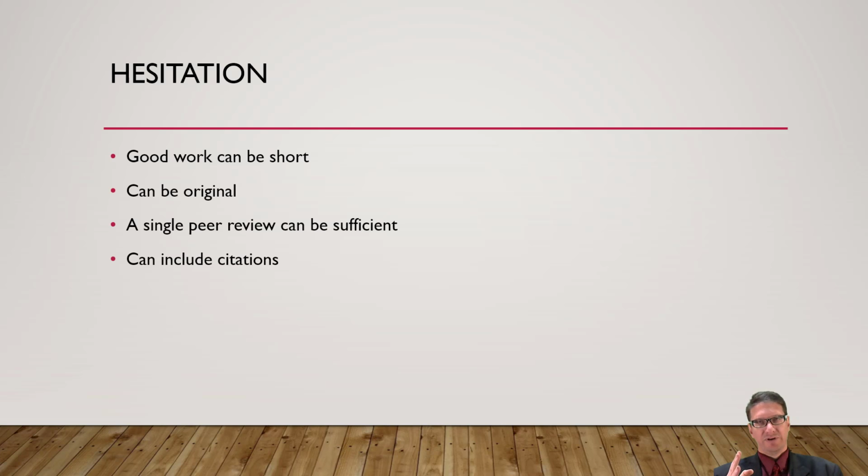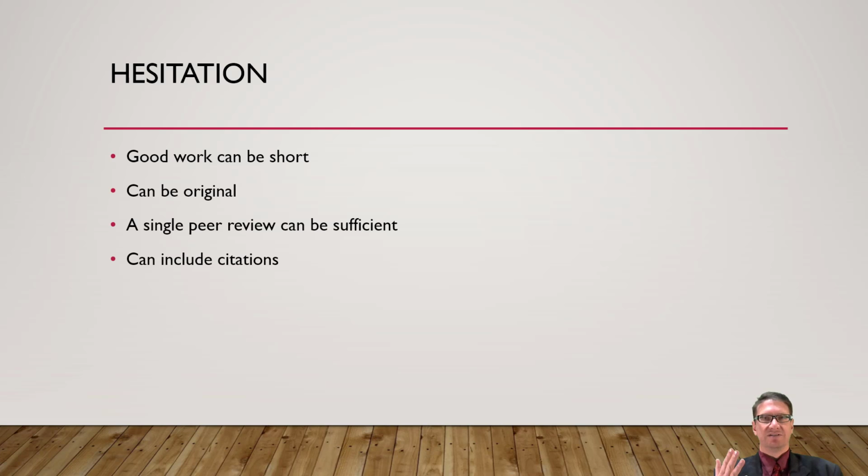The criteria that I pointed out in the previous slide seem to suggest that longer articles are better, more technical articles are better, and so on. But what is better? Good work can be short. There are legends of a PhD thesis being 3 pages. I never tracked it down, but it is in theory possible. The work would obviously have to be extraordinary. Okay, good work can be short. Length doesn't necessarily correlate with good work.